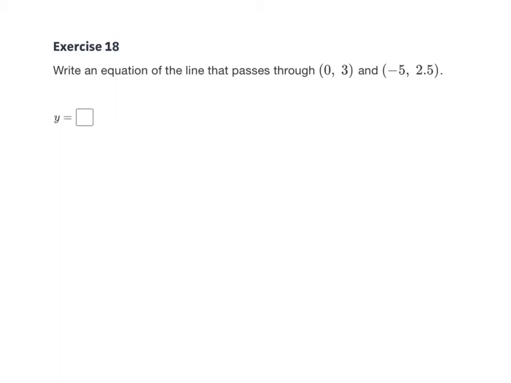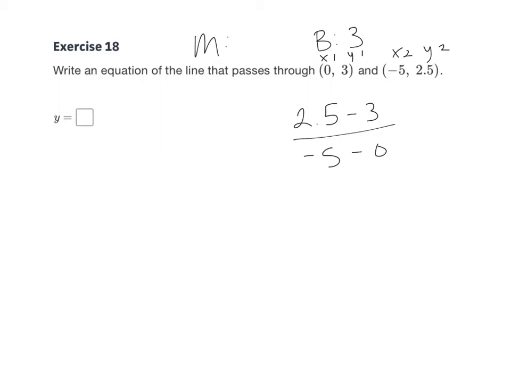Same thing for this one. We've got our slope, which we're going to find, and we have our y-intercept. Y-intercept is going to be 3. Here's x1, y1, x2, y2. Using our slope formula, we'd have 2.5 minus 3 over -5 minus nothing. 2.5 take away 3 would be -0.5